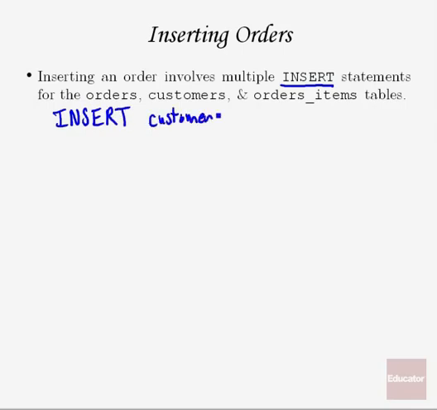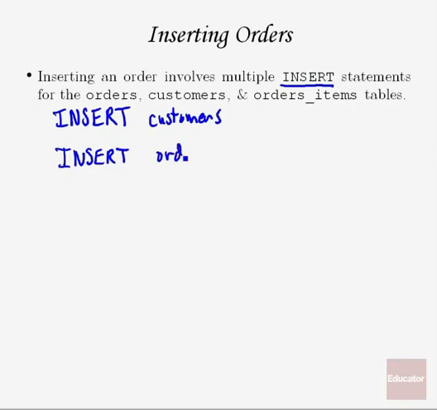Basically what we're going to be doing is creating in our database access class another method called insert order, which is going to perform all the inserts that are needed to update all the different tables for a particular order. The first one it's going to do is insert customers. The reason for that is it needs to be able to generate a customer ID for a particular customer, because then when we insert into